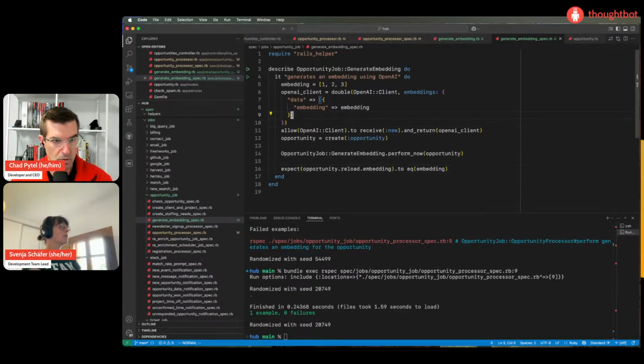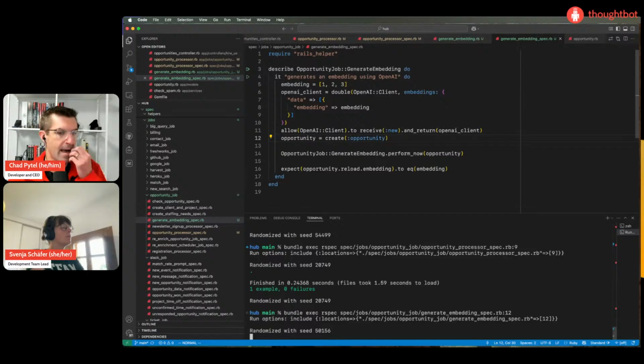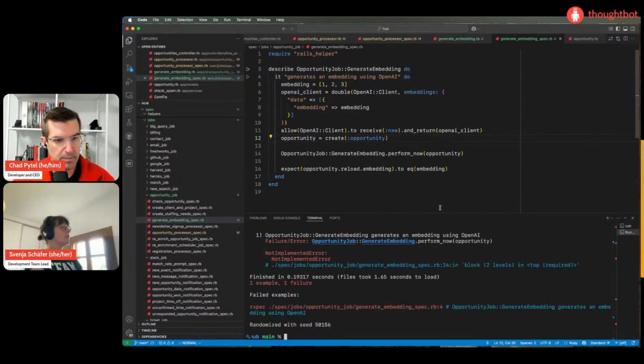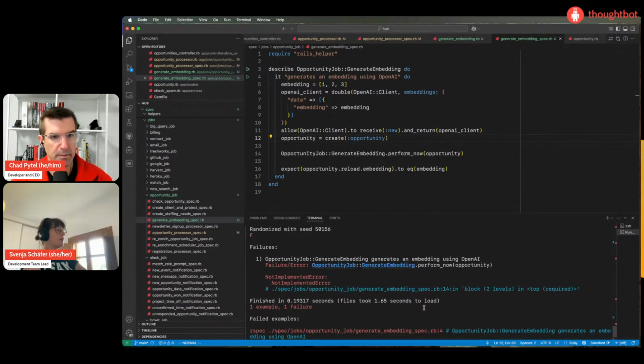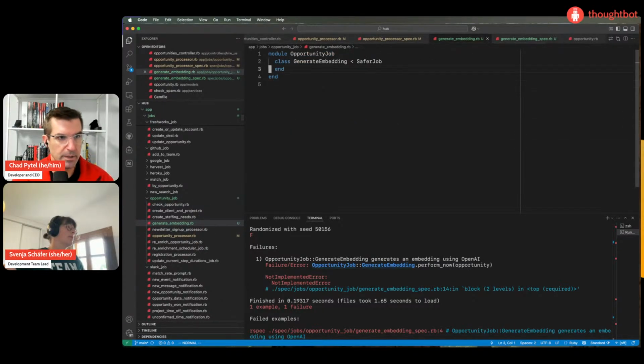Yeah. What do you think? Yeah, let's run it. Okay, not implemented error. Perform is not implemented. Cool. So that tells us exactly what we need to do. We need to implement the perform method.